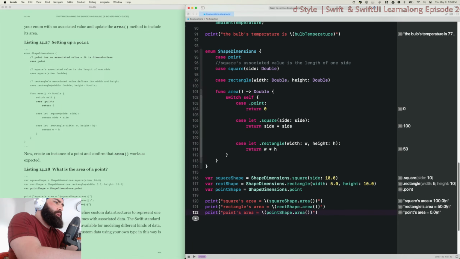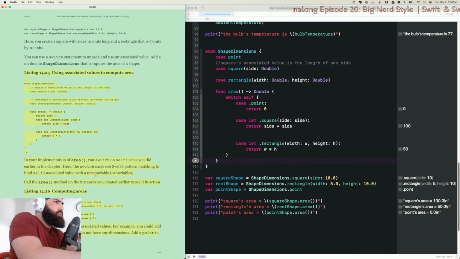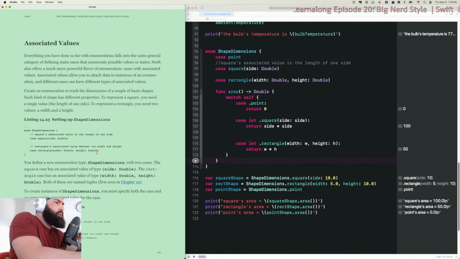Okay. But the ability to directly model custom data using your own type is extremely powerful. Agreed. Yeah. So that means, actually I don't know what that means, but associated values.